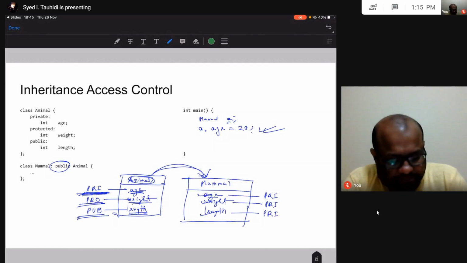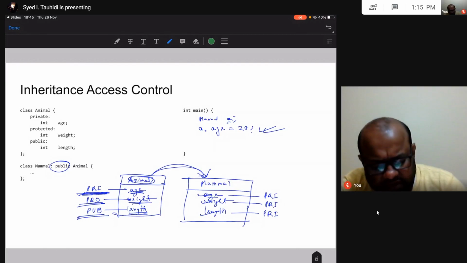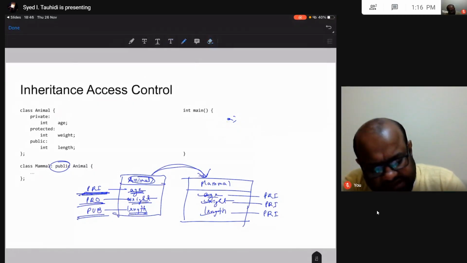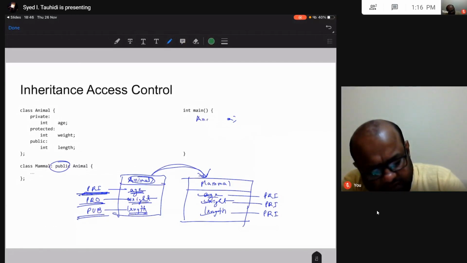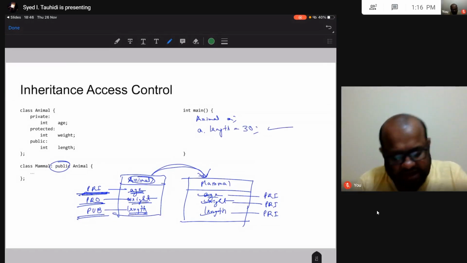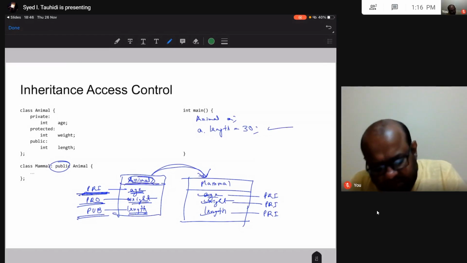All right, now what will happen is this. Say I had an animal object, animal dot length is equal to 30. This would be allowed because in this animal class, length is public.